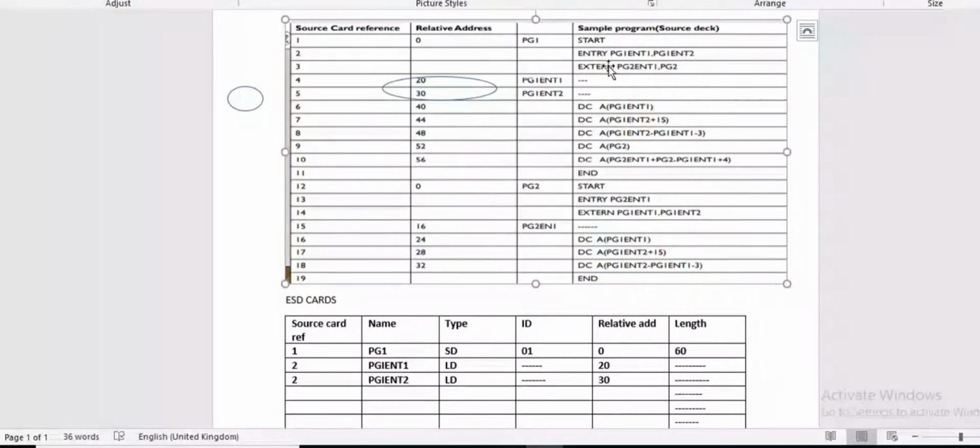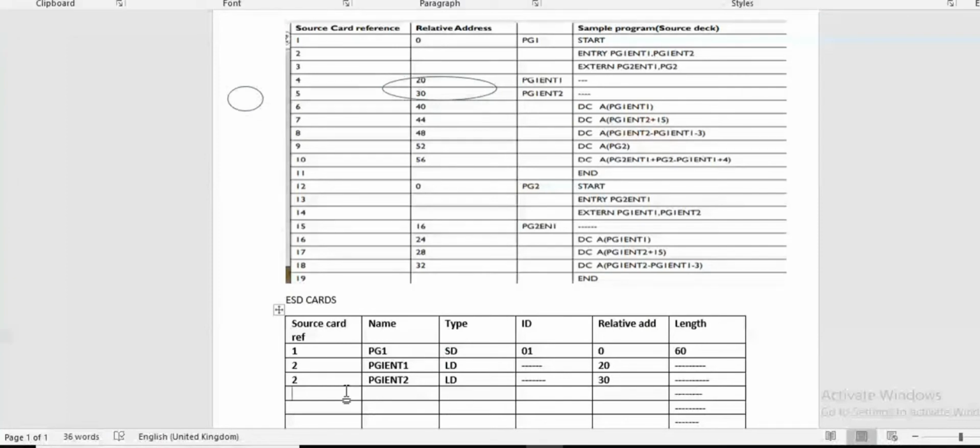So we have to make entry of this: source card reference is 3 for both, and its name is PG2ENT, and the second external variable is PG2 only.